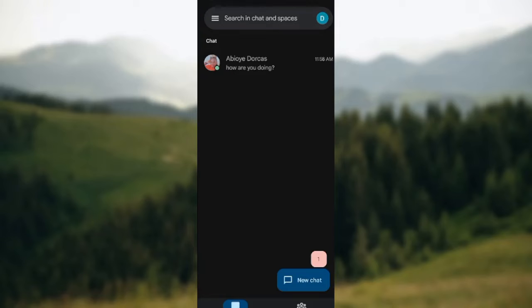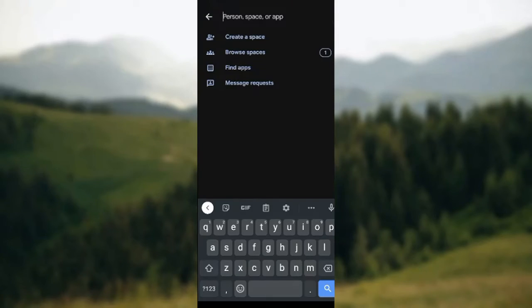So once you're on this page, if you want to add a new chat, all you need to do is to click on new chat, which is located by the lower right corner of the screen. Just click on it, new chat. And once you click on it, here you will be asked